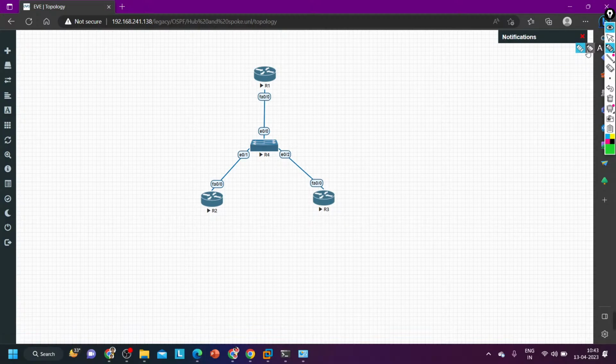ओके, सो टोपोलॉजी क्लियर है. If I want to make this topology as hub and spoke, what we can do, we can configure these two ports as protected, and always keep in mind two protected switch ports cannot communicate with each other. So अगर मैंने दोनों पोर्ट को प्रोटेक्टेड बना दिया तो ये दोनों पोर्ट आपस में कम्युनिकेट ही नहीं करेंगे, तो आपका टोपोलॉजी कैसा बन जाएगा, हब एंड स्पोक है या नहीं है।